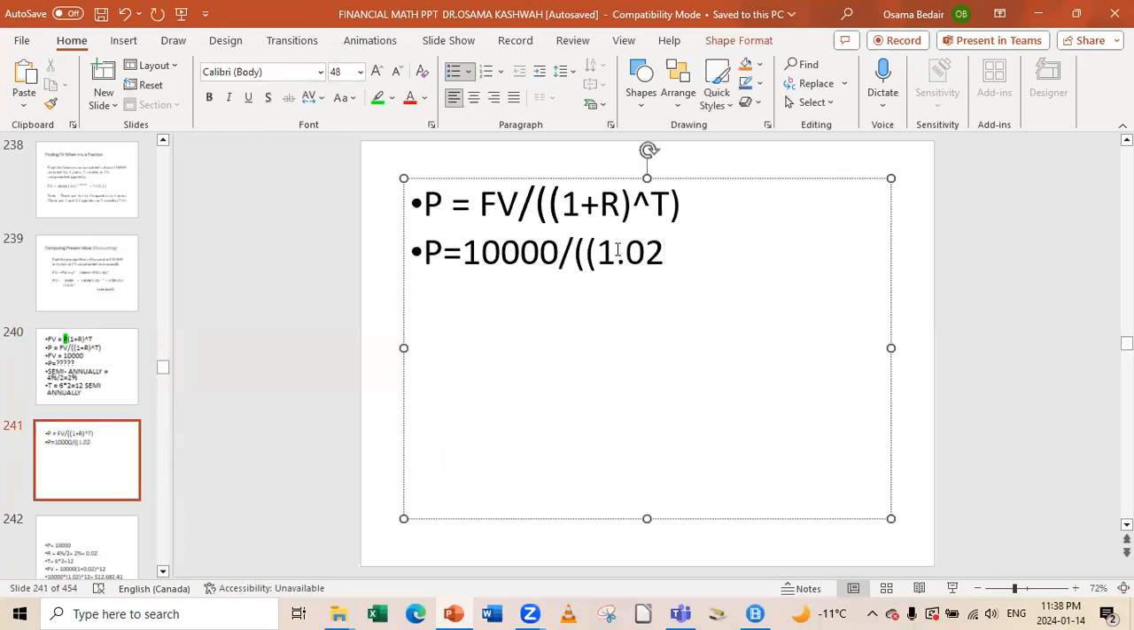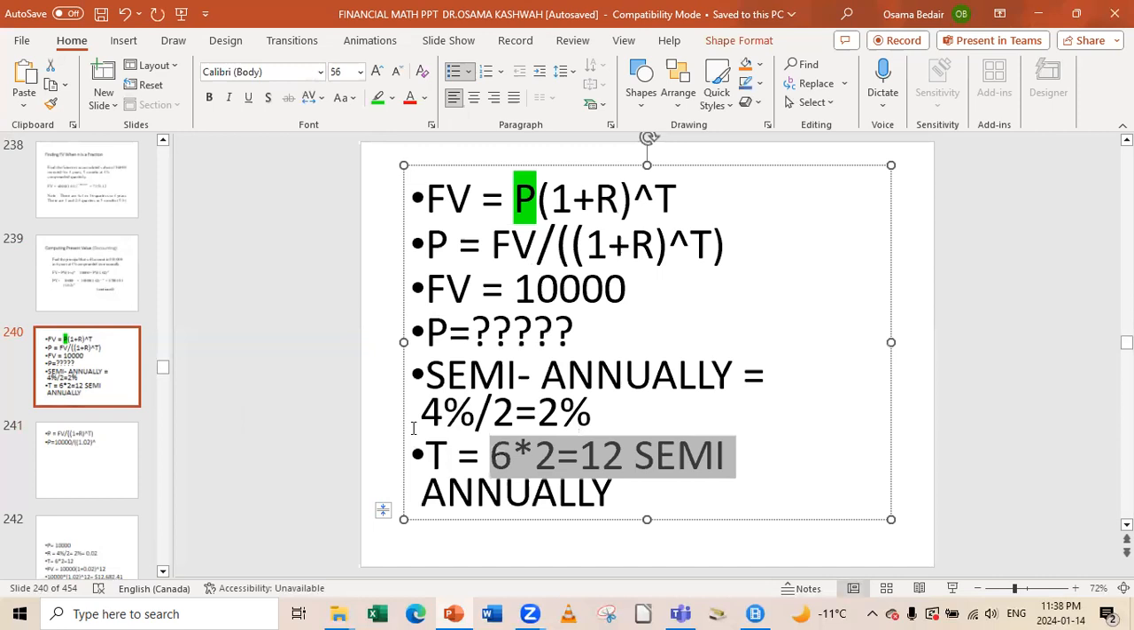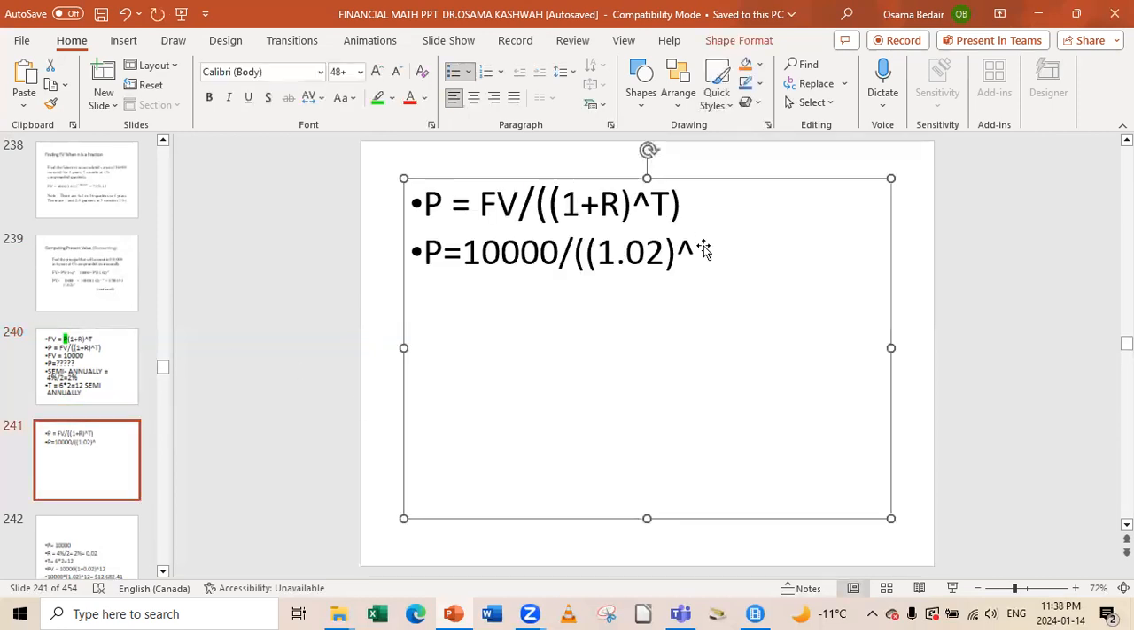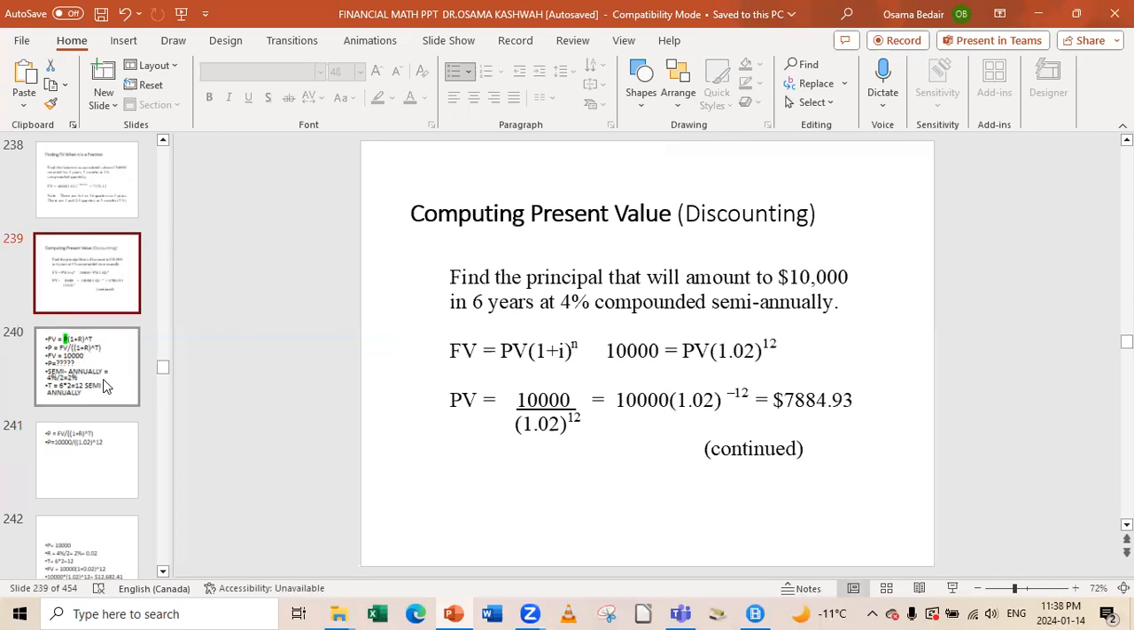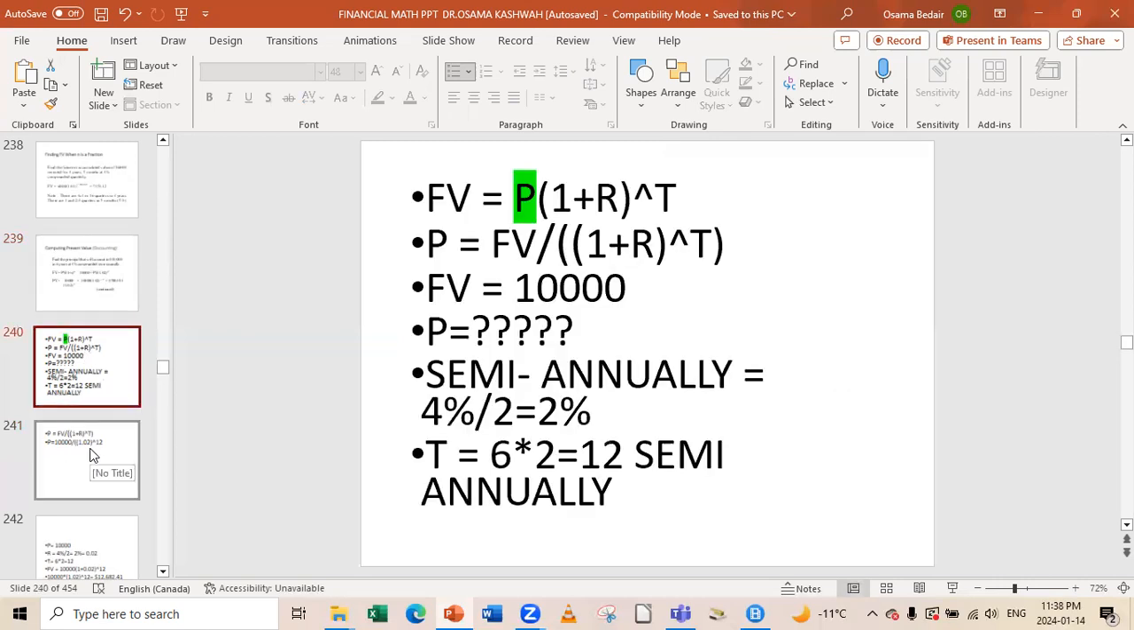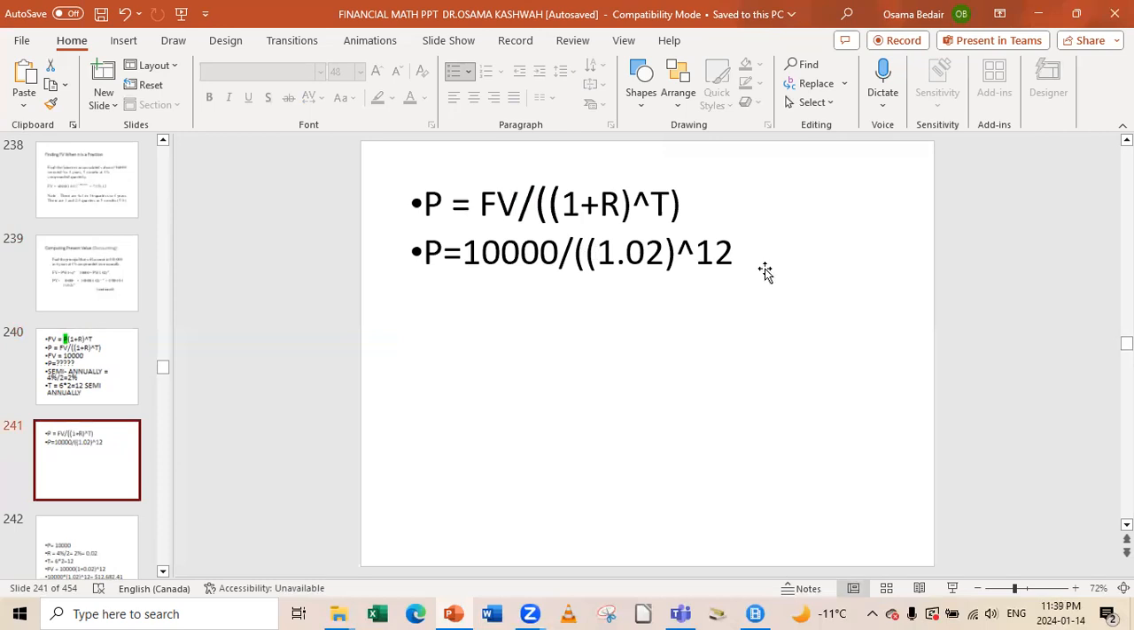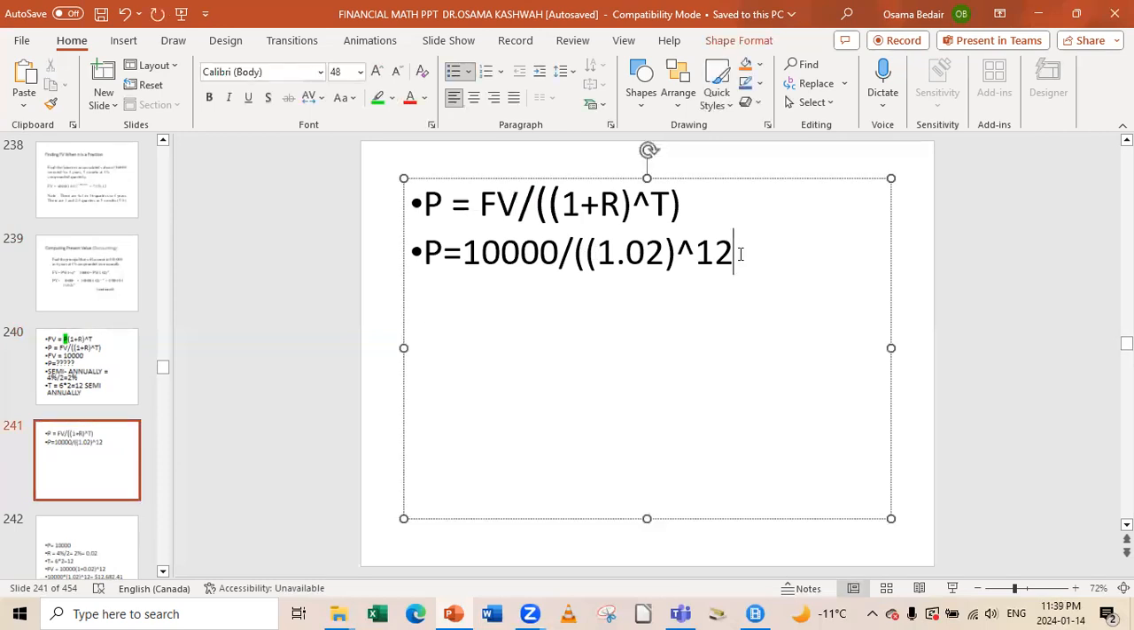So 1.02, and that is to the power. For how much, guys? The power here is for 12 semi-annual periods. 6 years includes 12 semi-annual periods. So the power here is 12. Cool. That's it. But one thing, guys, this is division. So here it means what? P will equal 10,000 divided by